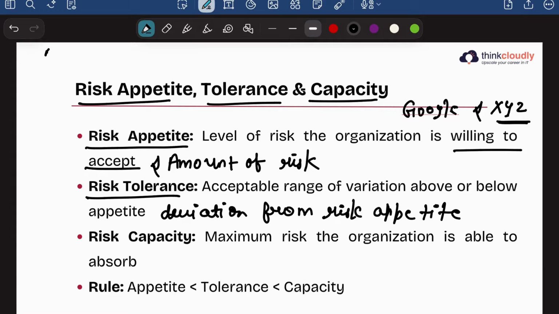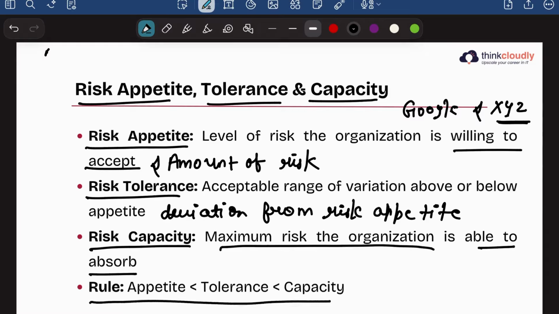That's the deviation. But the total capacity of the organization to take risk is actually $20,000. You know why? Because that's your profit. So the maximum amount of risk that the organization can take is your profit or loss, whatever. But as you can see, risk appetite will be lesser than risk tolerance, and tolerance will be lesser than capacity. Now, this is a very quick concept which we will cover because this is something we will cover in detail with every single step and the tools related to each step.